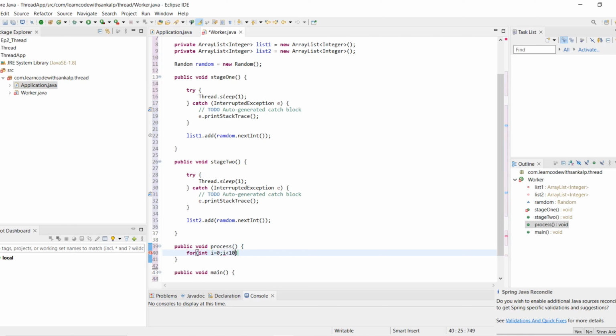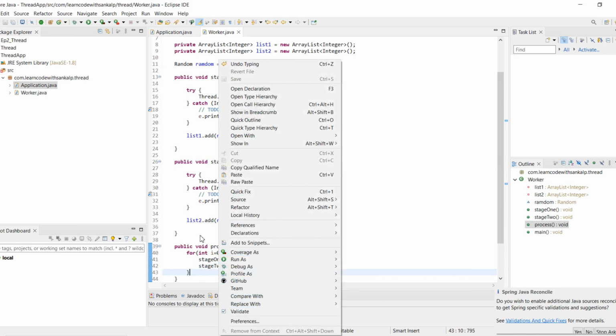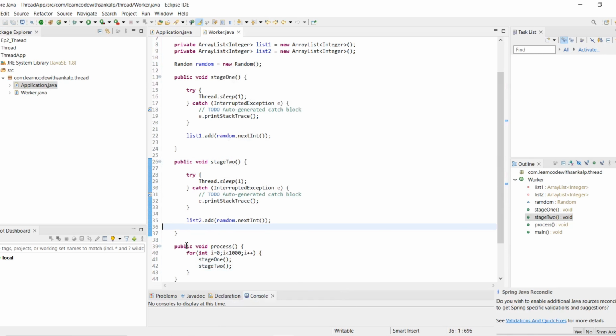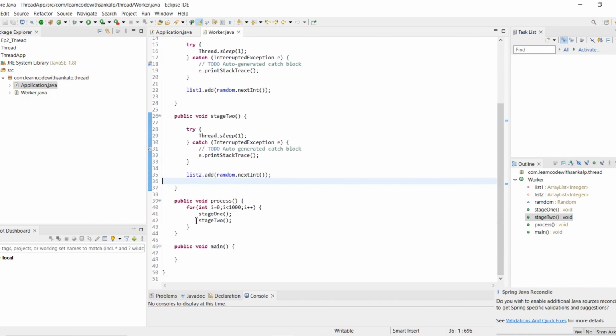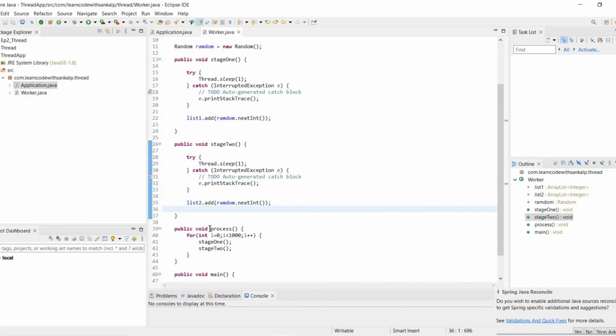We are iterating 1,000 times, incrementing the loop, and calling stage1 and stage2. Then inside the main method we call the process method.